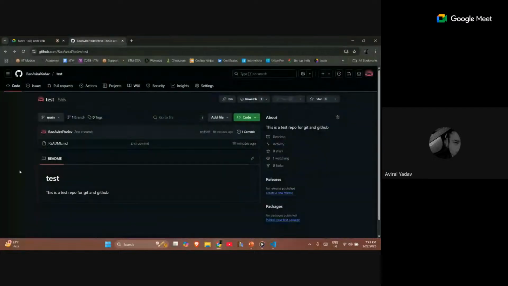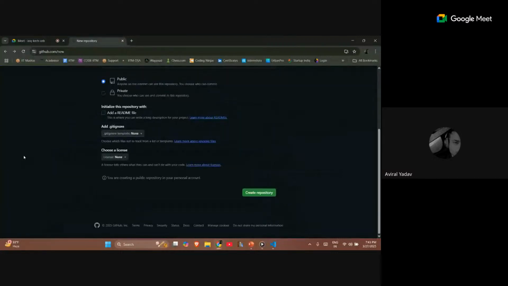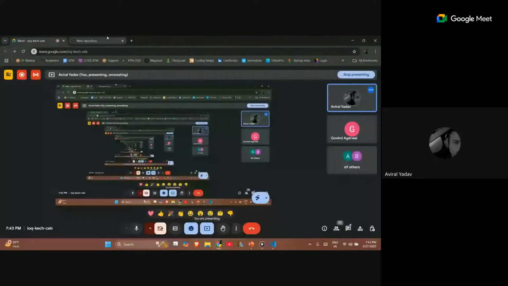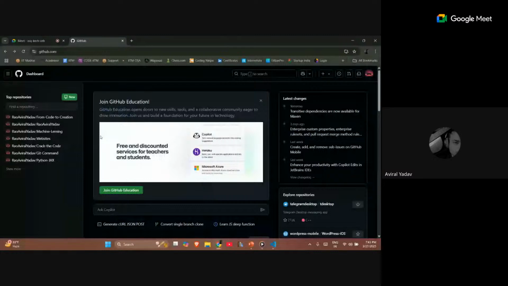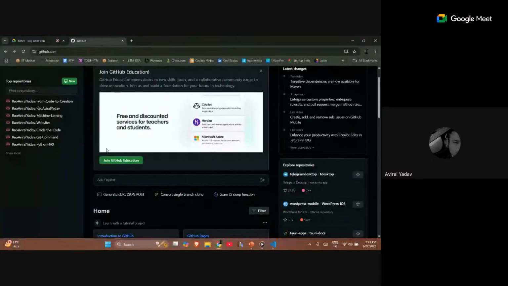It lets you access some of the purchasable features for free. You can see that I haven't linked that to GitHub Education. If you are using a student ID, you can use GitHub Education.